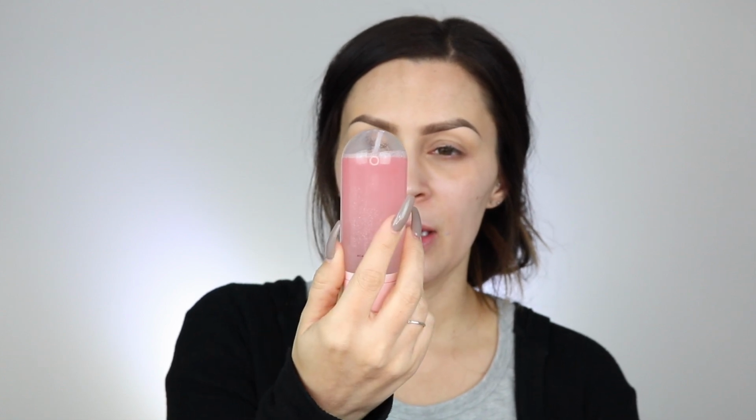Such a mess right now. I'm gonna first spray my face with this Watermelon Glow Ultrafine Mist. It's a hydrating and radiance spray, and it's from Glow Recipe. This thing smells so good and you do have to shake it. Ow, this thing smells so good. So I'm gonna spray my face with this first. It has watermelon extract, hyaluronic acid, hibiscus flower, and one more thing, I'm not sure, but it feels really good